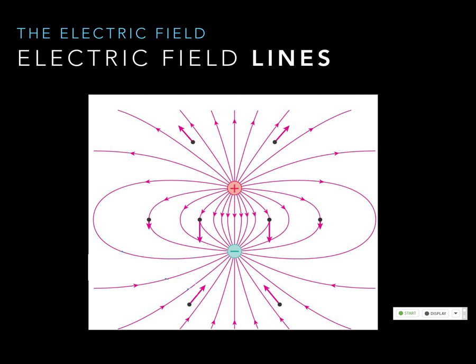And you can see how the vectors work, right? Here the lines are close together, so you have a slightly bigger vector. It's tangent to the line in the direction of the arrow. Out here, you can see it's still tangent to the line, but it's smaller because the electric field lines are farther apart. Okay? So the electric field lines are a little bit easier to draw than the vector fields because you don't have to draw all these little points. But they tell you a lot about the vector fields.